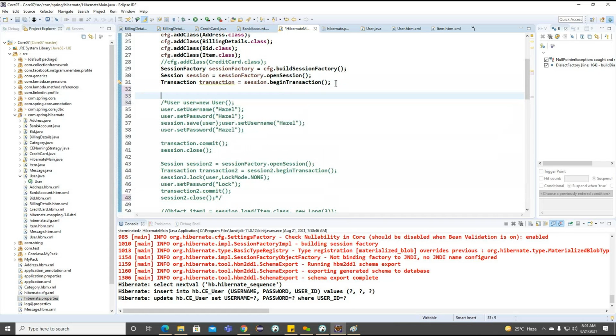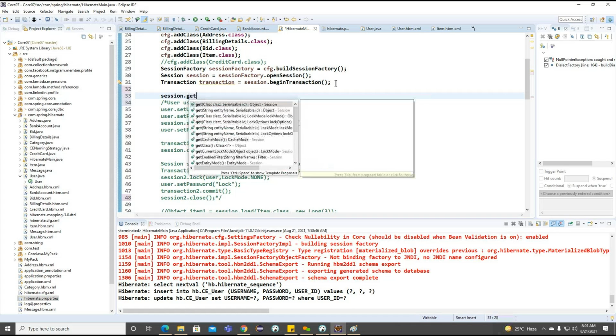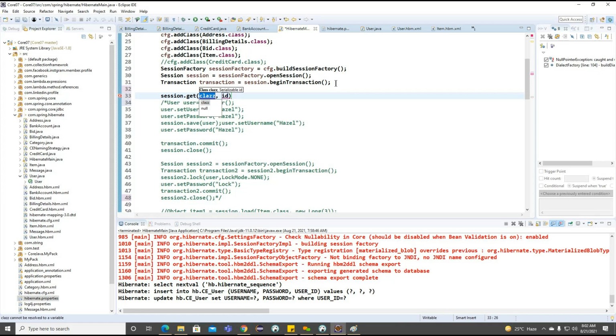And now observe, with the help of this particular ID directly, we are entering into the persistent state here. Session.get, and here we are going to work on the user class. The ID we can provide.